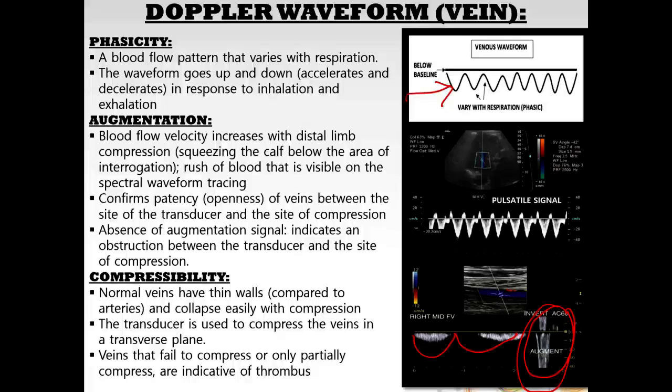And then the last thing to know about veins is they should be compressible. So normal veins have thin walls, so when you push on them, they collapse very easily. What you do is you go in a transverse plane and then compress on the vessel. It should easily compress. Veins that don't compress or only partially compress, it indicates there's probably some sort of thrombus